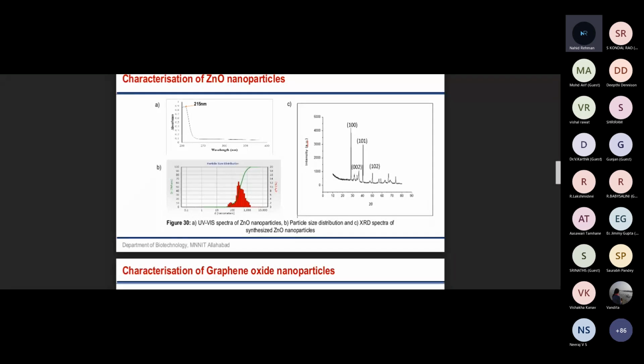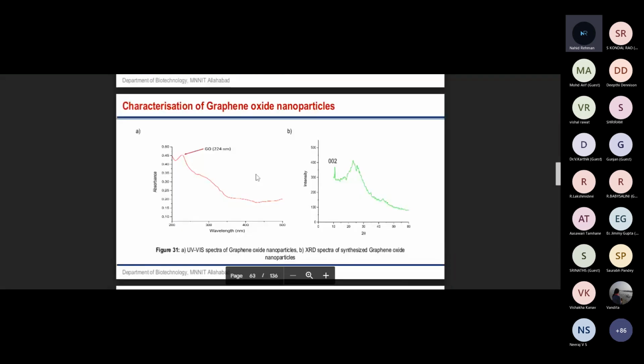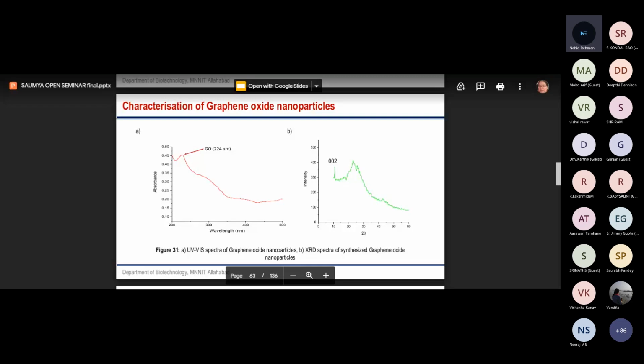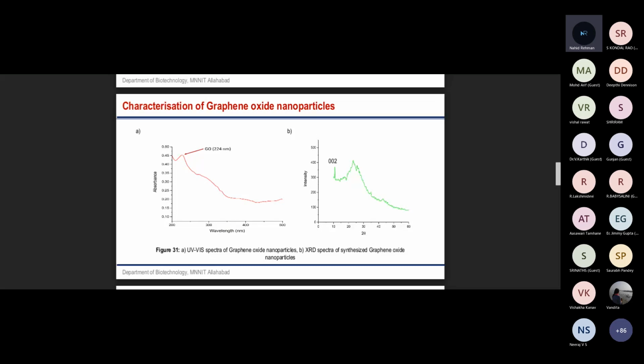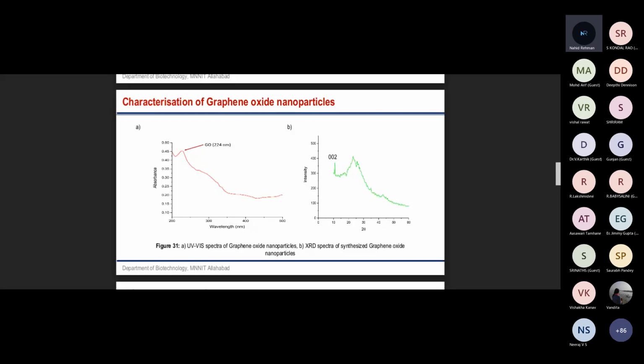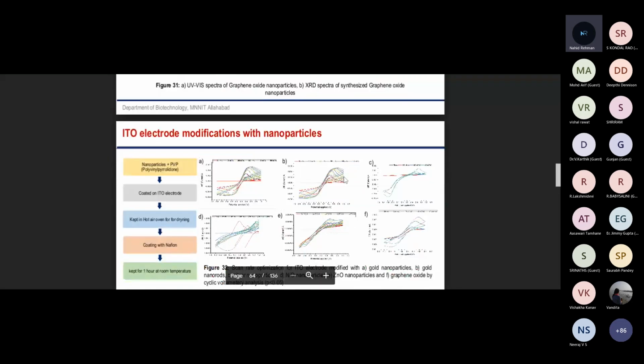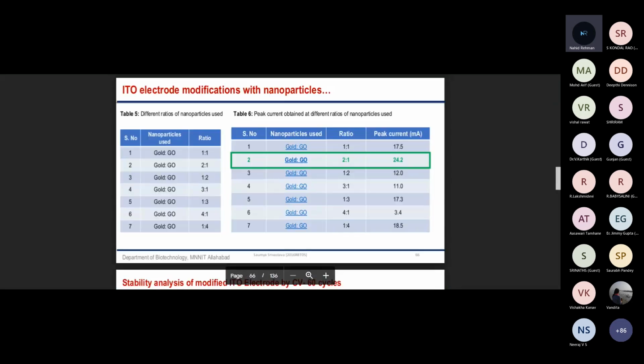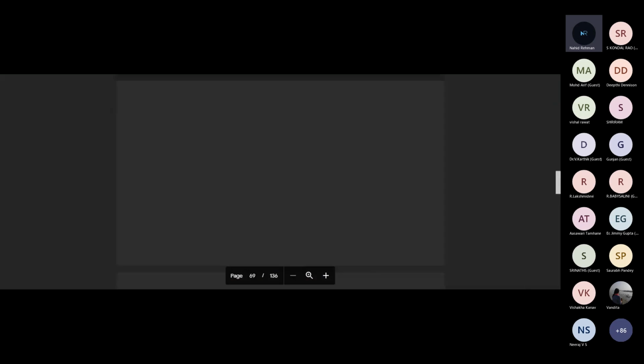And then coming to another one, graphene oxide nanoparticles, that also shows a specific UV spectra as well as a specific identification peak, which is 002 for the graphene oxide. So you see overall that nanoparticles can give you the